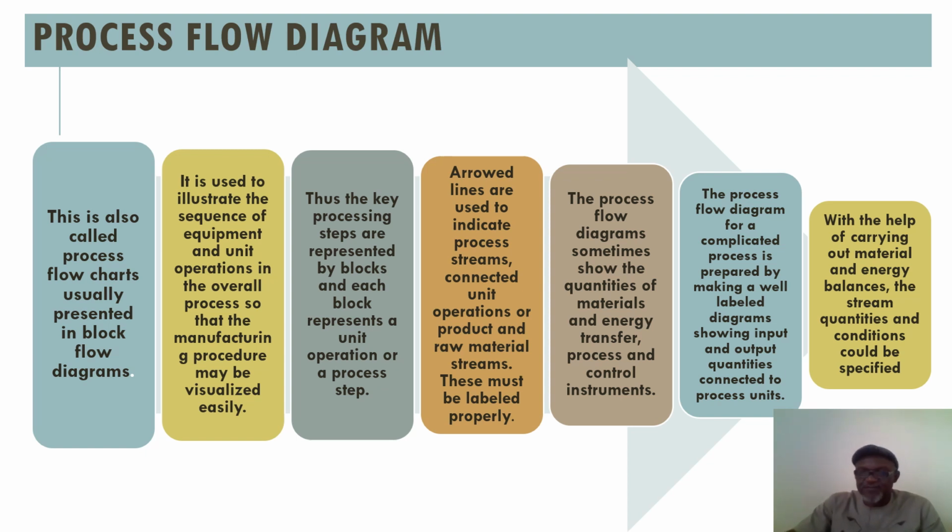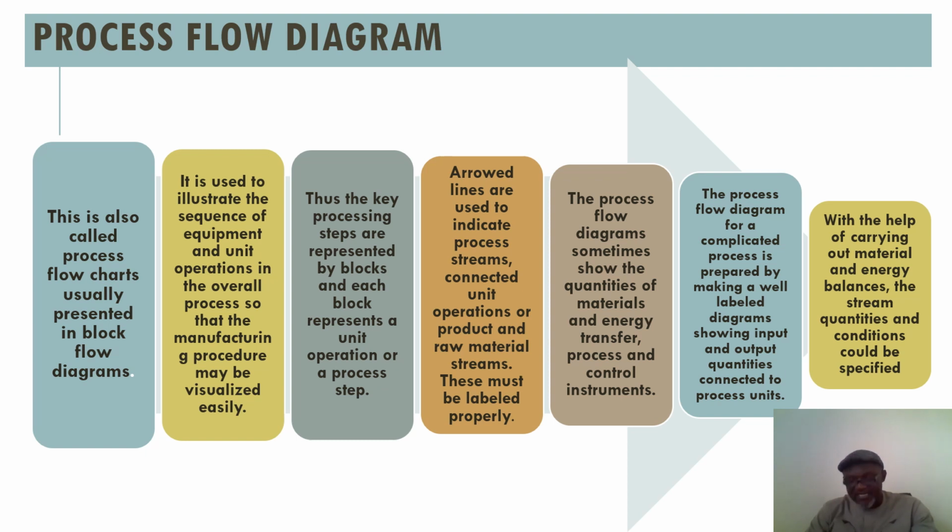connected to process units. With the help of carrying out material and energy balance, the stream quantities and conditions could be specified. So the process flow diagram helps us to know, one, it gives us the location of all the process units, all the equipment, whether it's a pump, pressure gauge, heat exchangers, deodorizers, filters, sedimentation tanks, and the rest. Whatever unit operation, whatever equipment that is involved in the process line will be shown in the process flow